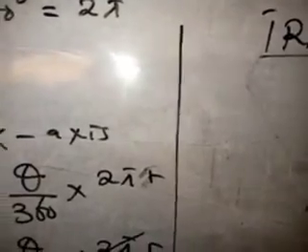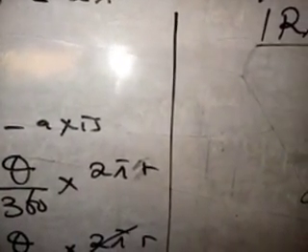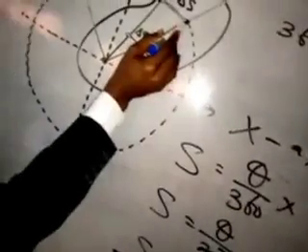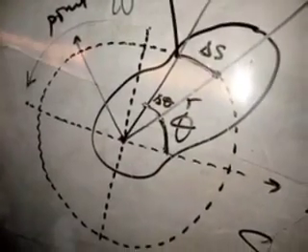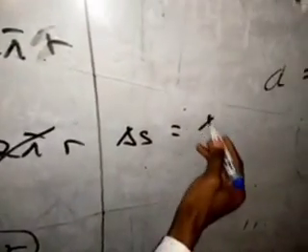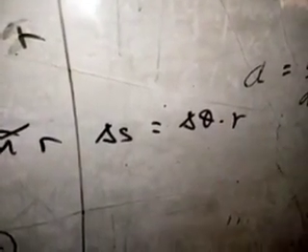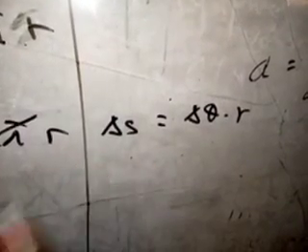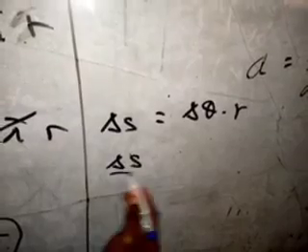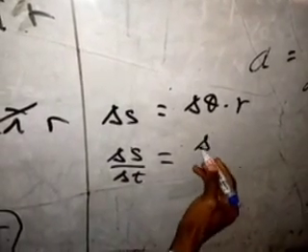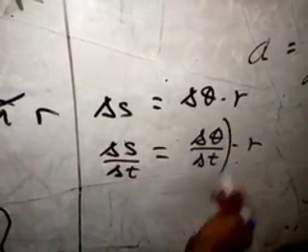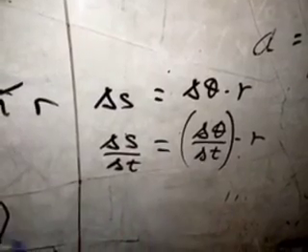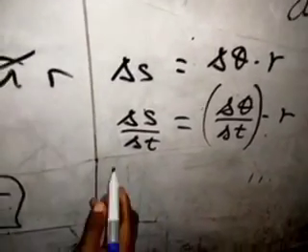Now remember that from this point, when the particle moves from this point to this point, it covers a small linear displacement, a small linear distance. That linear distance, delta x, is given as delta theta times r. If you divide both sides by delta t, delta x over delta t will be equal to delta theta over delta t times r. By the time you take limits of both sides as delta theta tends to 0, we now have